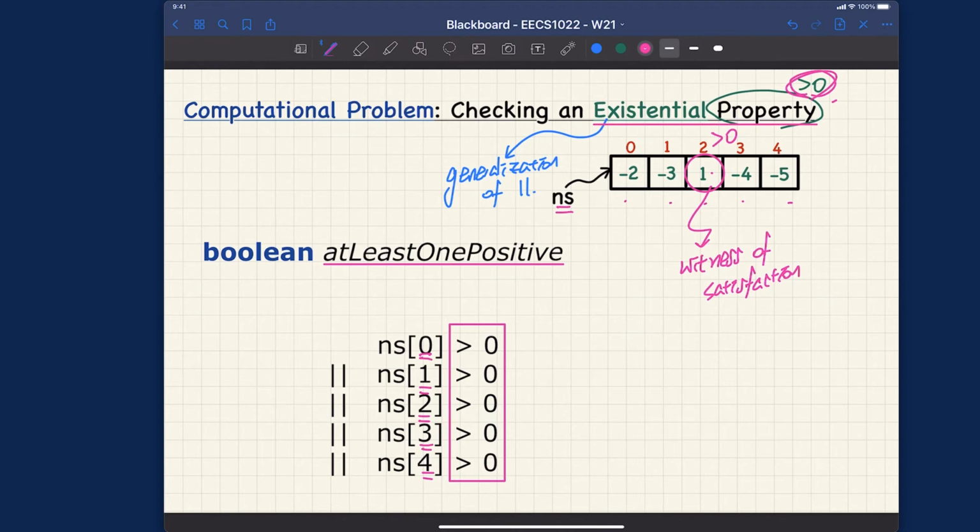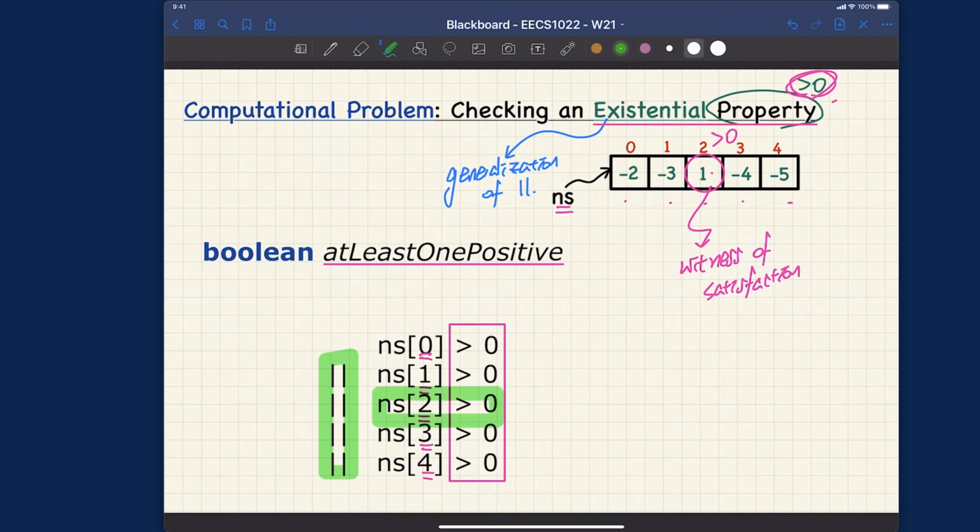That's something we can do. Definitely use a loop, but I'll get to the loop in a moment. And the way we do that is by using the disjunction over here. Right? Disjunction is to say either this is true, or this is true, or this is true. As long as one of them is true, the disjunction will be true overall. In this case specifically, you can see this